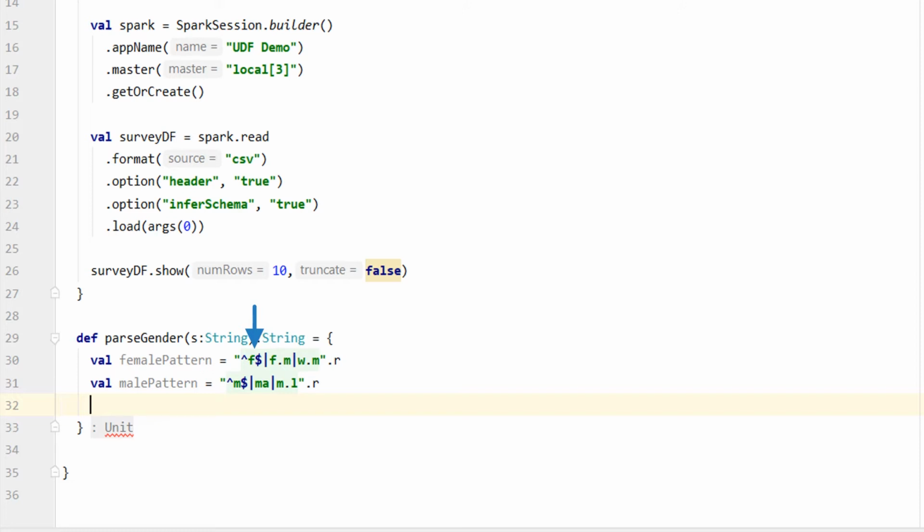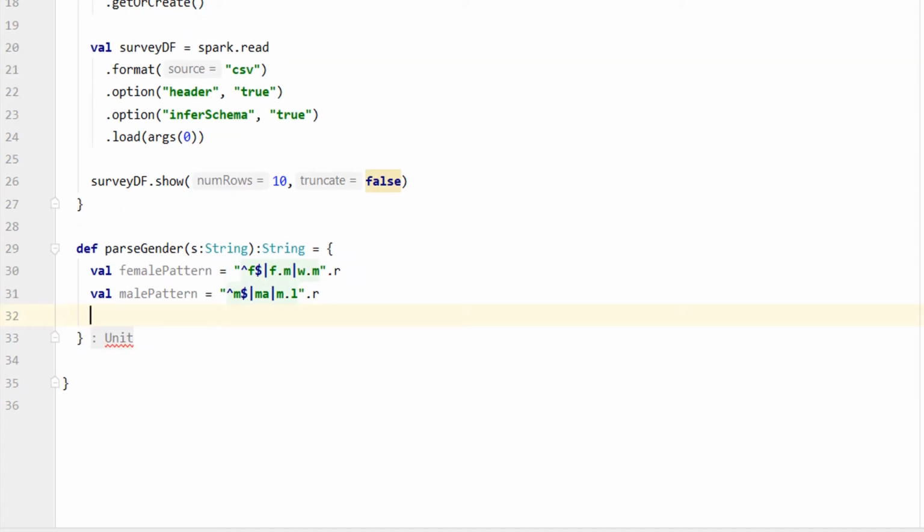The string is a single character F. It contains F followed by some other character and letter M. It contains W followed by some other letter and M. Similarly, the pattern for the male gender is also designed. These patterns may not be a perfect gender match pattern, but it works for the given data.